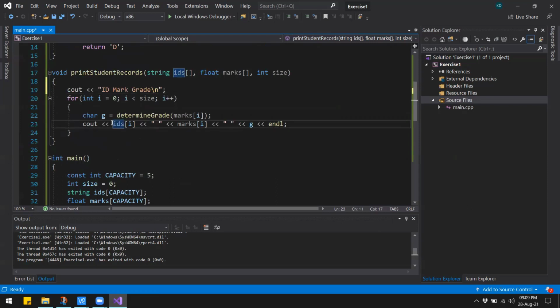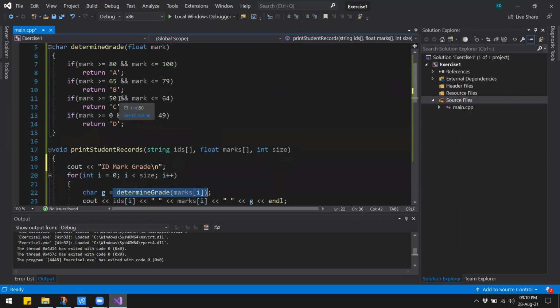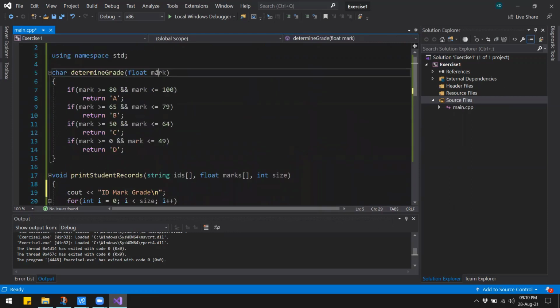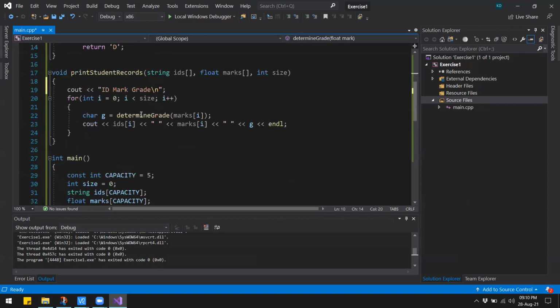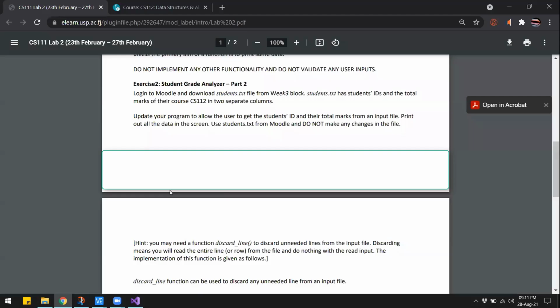So we print the ID, the mark, and then the grade. And to get the grade, we are calling this determine grade function, which is going to pass the mark, and then determine where that mark falls, and then return that particular grade. So that was for exercise 1.